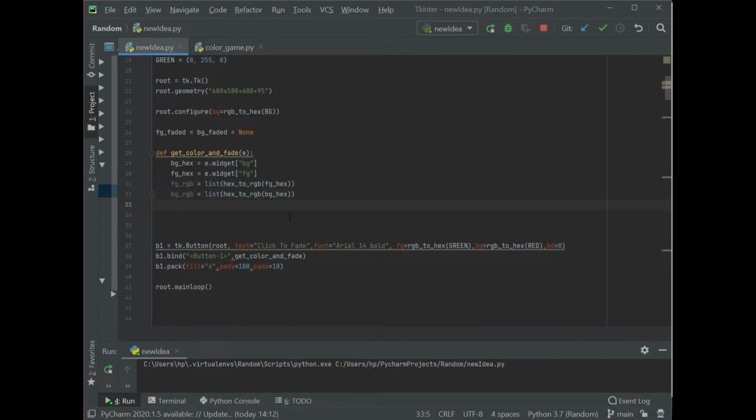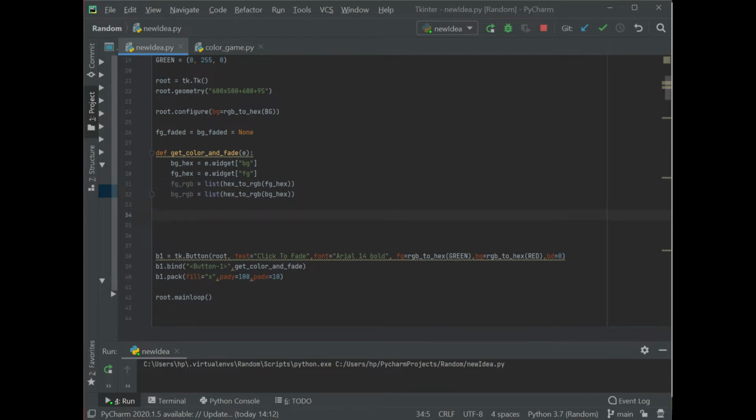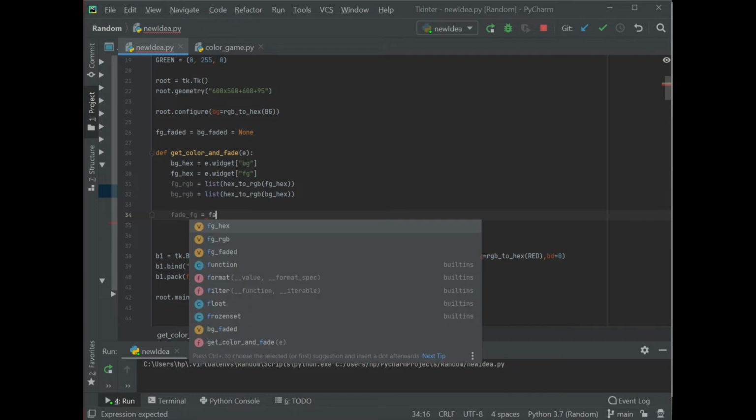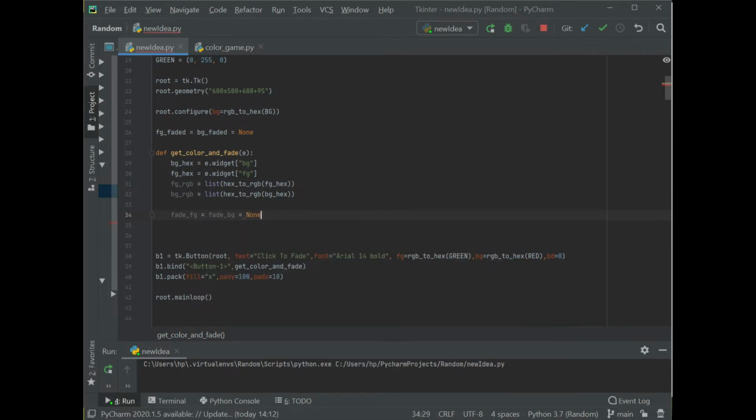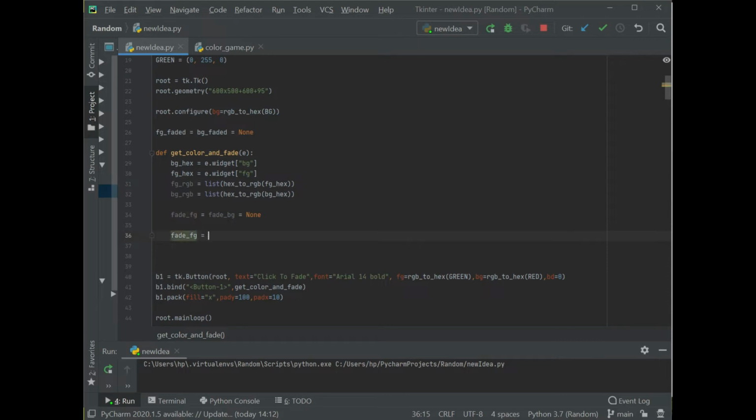Now, to create the fade effect, the background color and foreground color need to be faded at the same time, so we need to create two loops. That is, we need to create the root.after loop so that both the functions run at the same time. So we will create variables first, fade_background and fade_foreground, and these will be None initially. After this, we will initiate the loop root.after, and here we will provide the number of milliseconds after which this needs to execute. For now, I'm giving 10, and here we will provide the function that will be responsible to fade the button. We will create this function later. lambda.